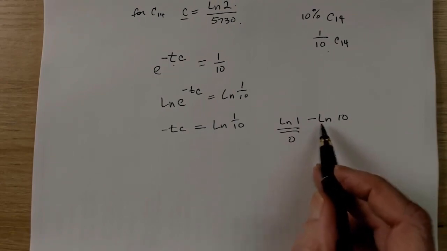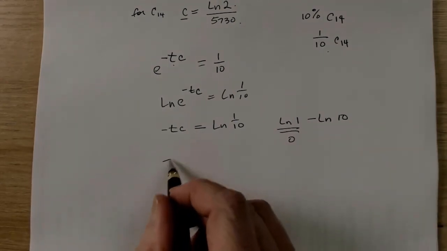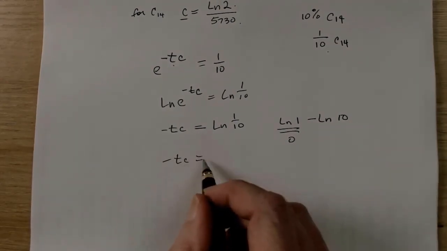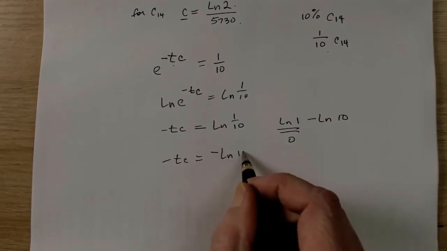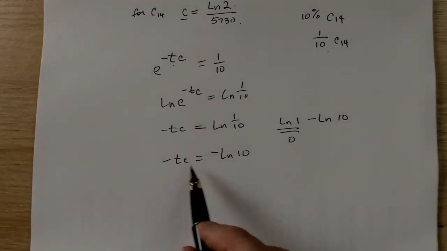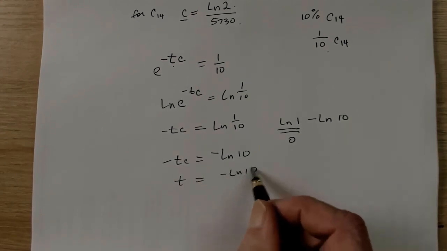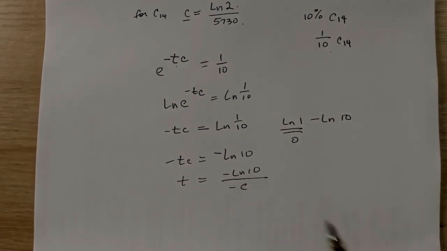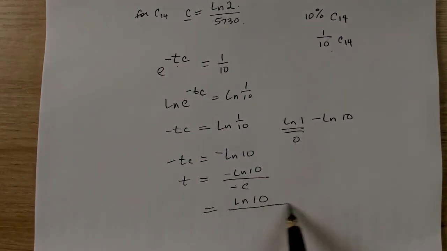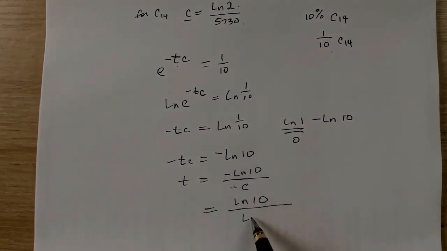So our answer is the negative natural log of 10. So negative tc equals negative natural log of 10. Now we can divide both sides by negative c, and we get t equals negative natural log of 10 over negative c. Now these negatives, of course, will cancel. This ends up being natural log of 10 over natural log of 2